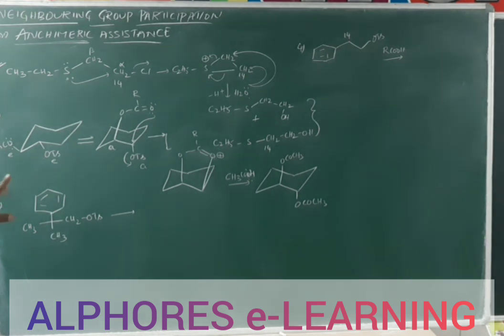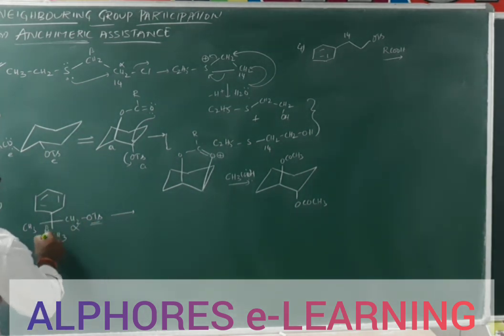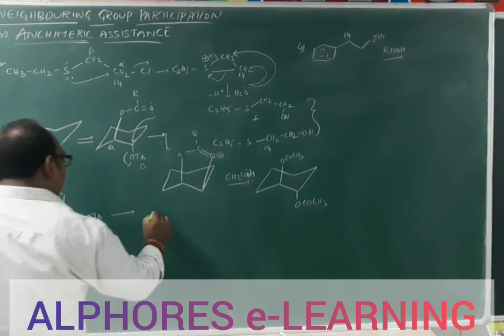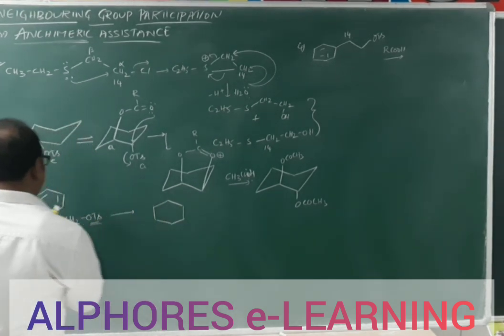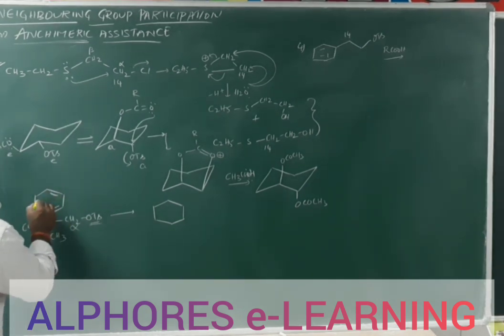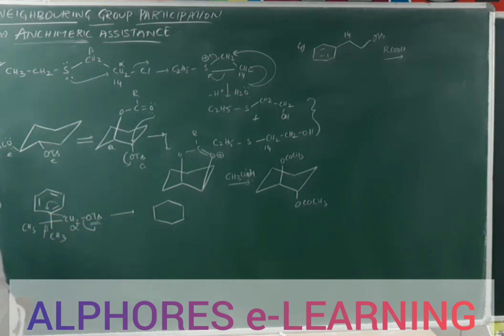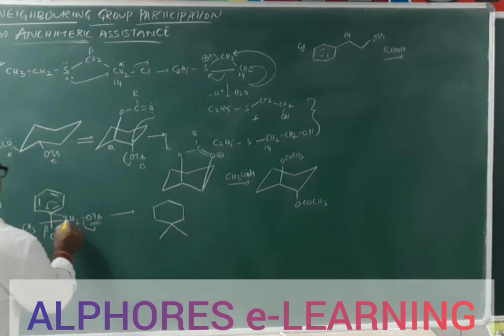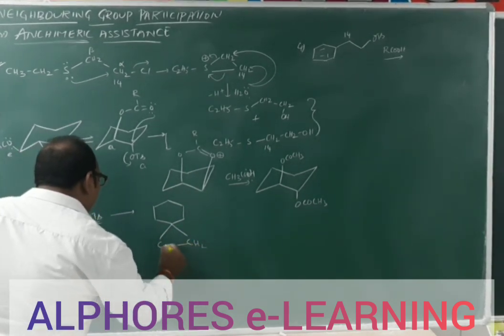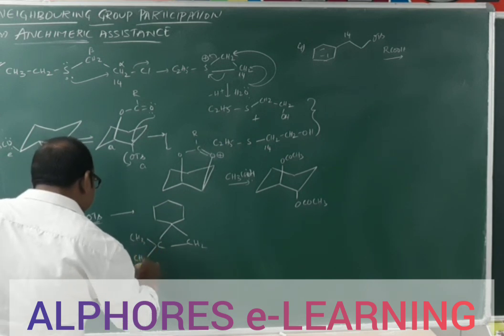And because of an adjacent carbon containing an electron rich atom involved in anchimeric assistance, here it is very clear. Now with respect to this OTS, this one is alpha and this one is beta. Now the beta carbon containing the phenyl group is going to take part in anchimeric assistance. Resultant what product are we going to get here? For the sake of convenience I am going to draw double bonds like this. Now this double bond will be shifted to this carbon and this carbon is involved in anchimeric assistance, this OTS will leave away. So here you are getting CH2 and carbon, this carbon and CH2, and this carbon is attached to CH3.